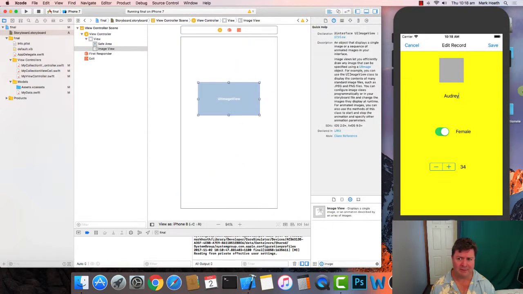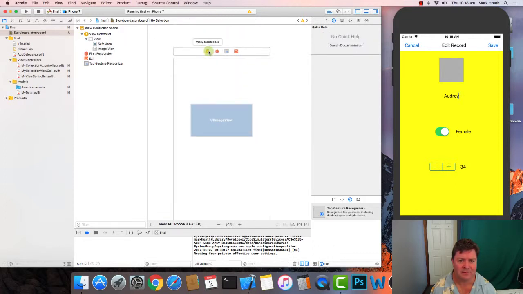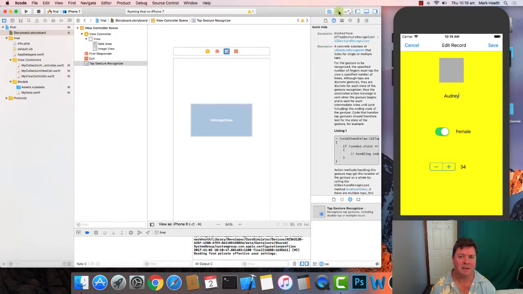So this is our equivalent here, we've got our image over here, and then we want to get a tap gesture recognizer, and then you would just drag that on top of the image view, and it will create a tap gesture recognizer here, which you can then attach to some source code via an outlet just by control dragging in your